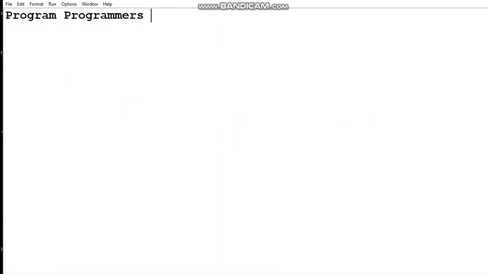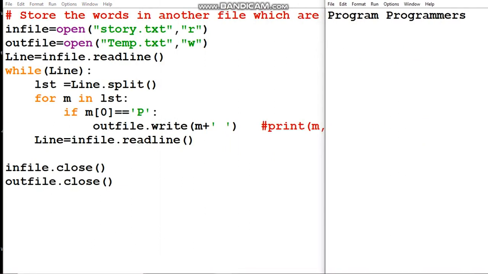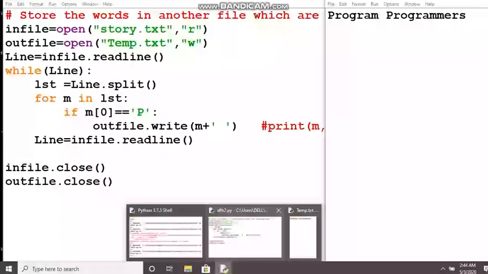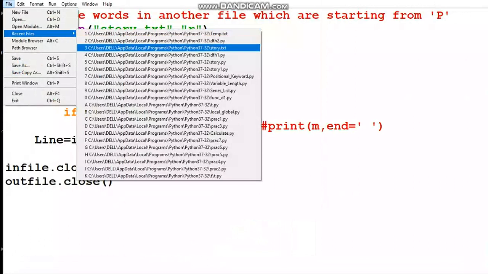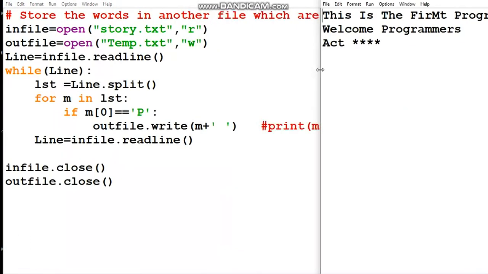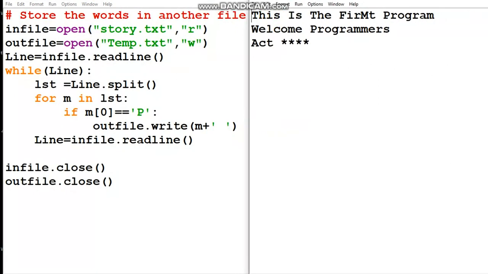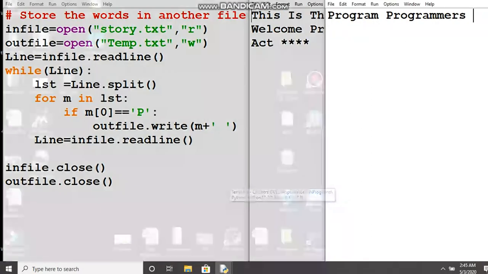We'll compare it with my original file, which is story.txt, and there are two words, program and programmers. They are starting from P. So these two words are being stored in temp.txt.